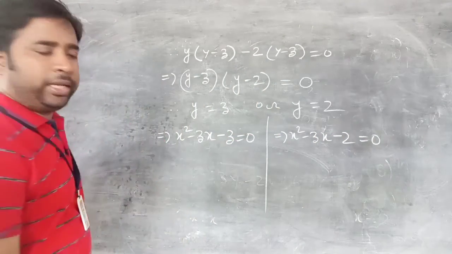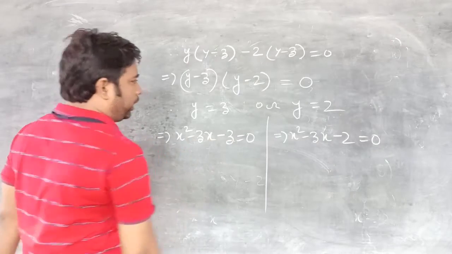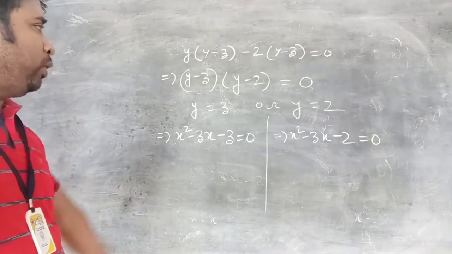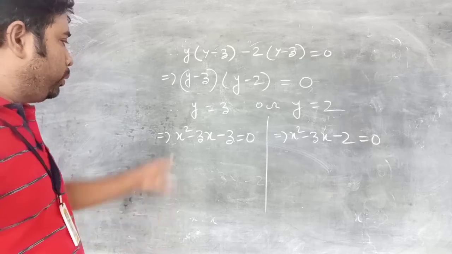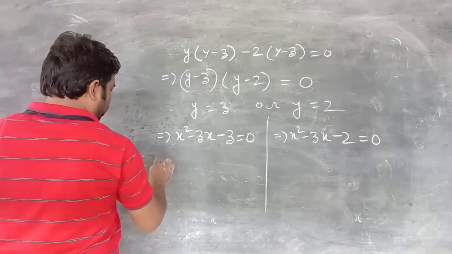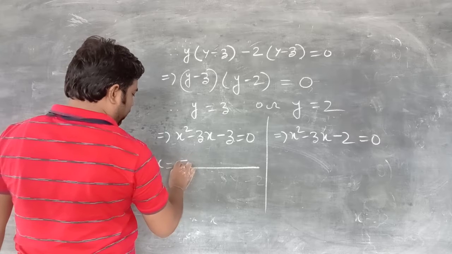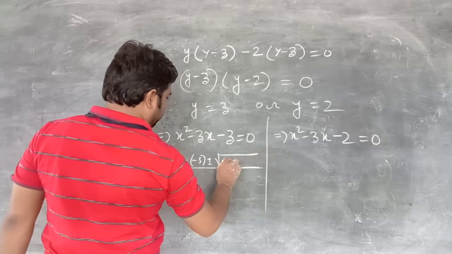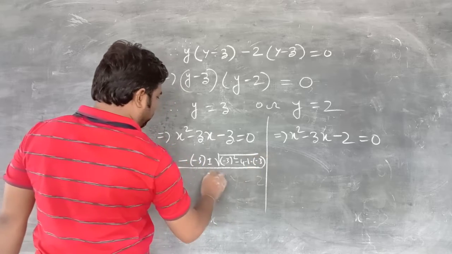So let us apply middle term factor here. If we apply middle term factor, what shall we get? x square minus 3x minus 3, you apply middle term factor in this part and apply middle term factor on the other part also. But you see, here we cannot apply middle term factor, so definitely we have to apply the quadratic equation formula. You know the quadratic equation formula: minus b plus minus square root of b square minus 4ac, 4 into 1 into minus 3, by twice a.